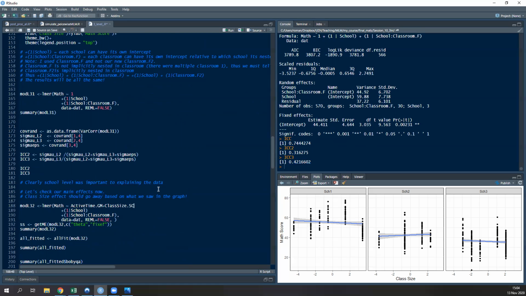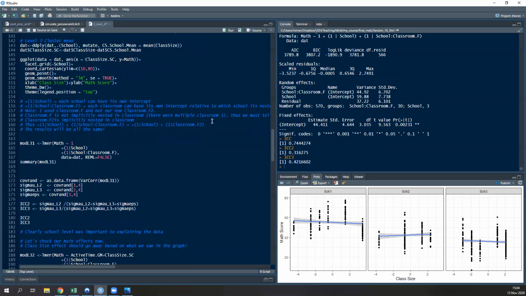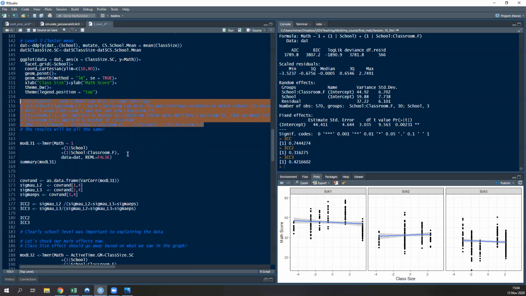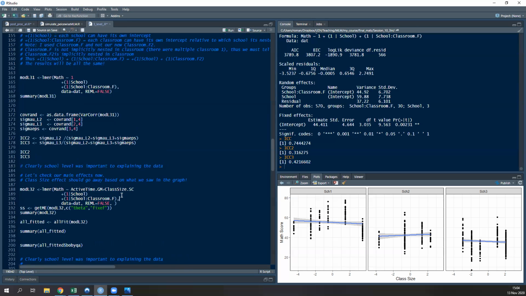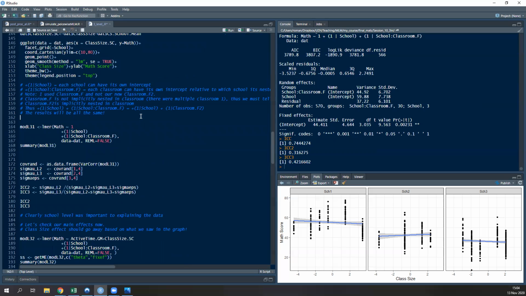Now, let's add the school level effect. Here I have a little guide for you, but I'll simply break it down. When we do a third level, we have to say we have an intercept for the school, and then we have an intercept for the school classroom combination. And so this is telling us that the school by classroom is a unique cluster as well. Now it's worth noting that that is simply just a product of our data